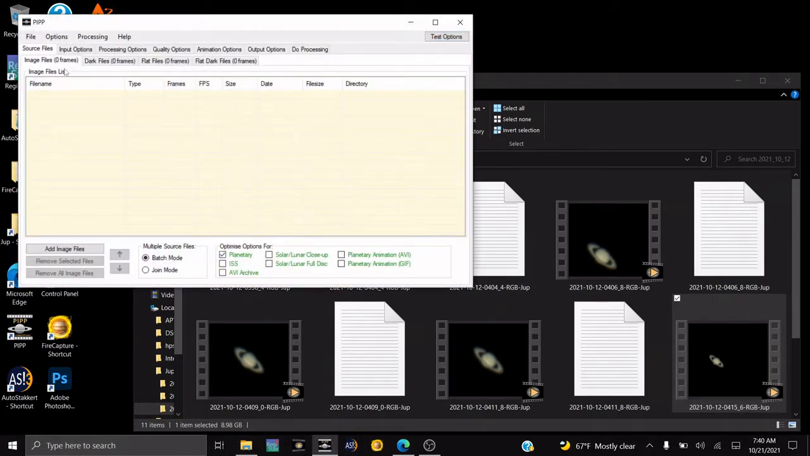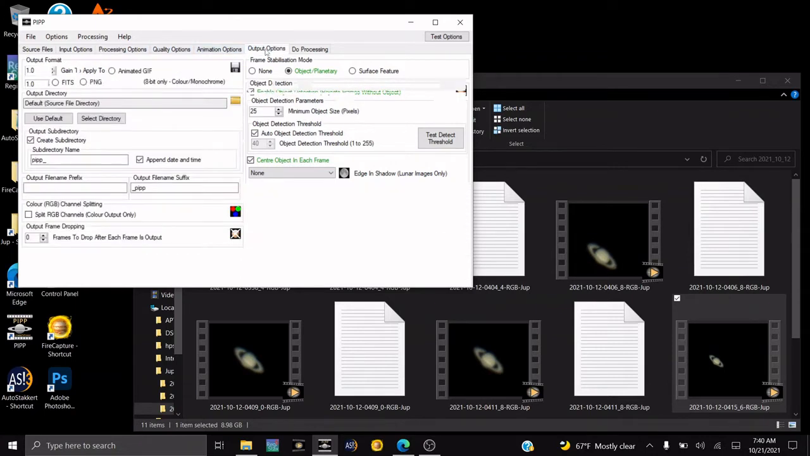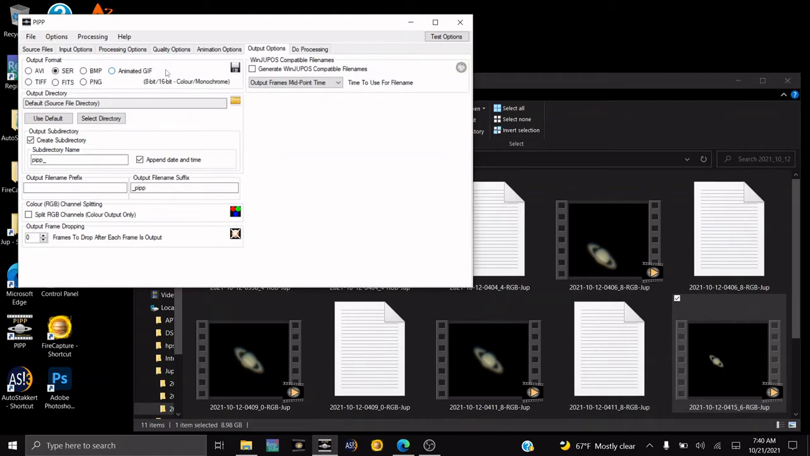There. I'm going to skip that one. Don't need anything in there. The only thing I'm going to do here is disable the cropping. I'm going to skip the rest of these tabs all the way over to this one, and I'm going to change that output format over here to SER. You know, WinJupos favors the SER files, just to let you know. Click that so it'll have my WinJupos information on there, and then